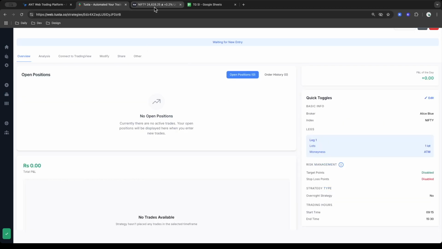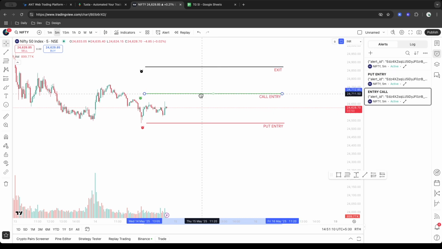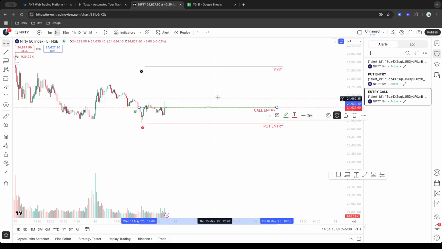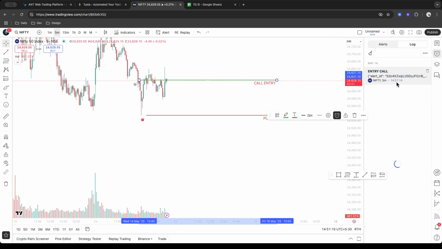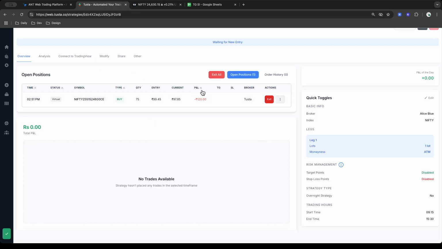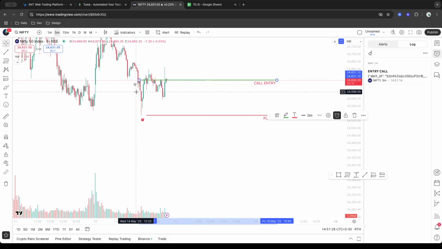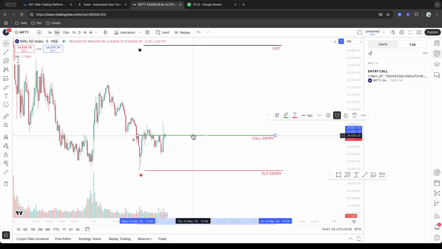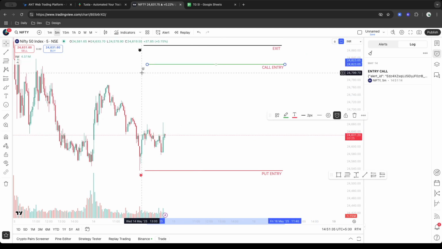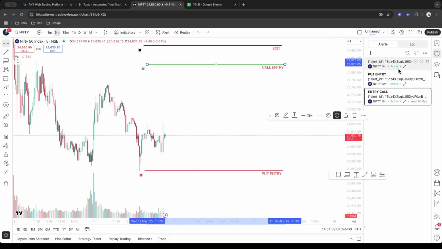position here. And if we move the trend line to here, you can see a new alert was generated. You can see the time here. And you can also see a new open position which got created here, which is a call position. You can also see the color of the clock turned gray. Now if I just move this up somewhere, it will again get colored, which means this alert became